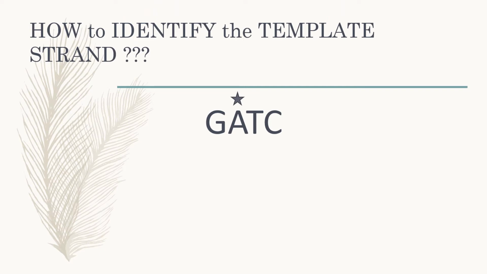Now the question is, how are you going to identify the daughter strand? The repair system can actually distinguish between the new strand and the template strand. Instead of identifying the daughter strand, we try to identify which one is the template strand. This distinguishing between the daughter strand and the template strand is based on methylation of nucleotides on specific DNA sequences.